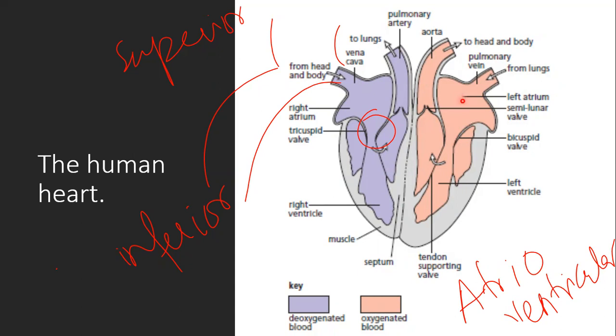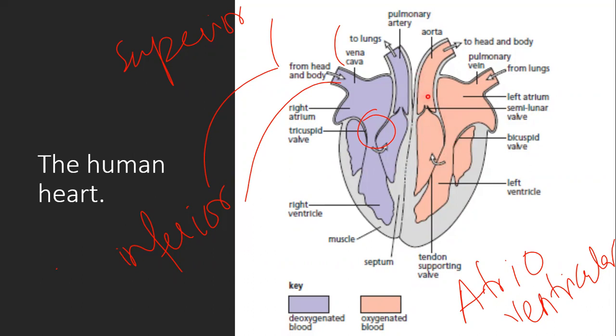When the atrium contracts, the blood can simply pass on to the ventricle. Once the ventricle has the blood inside of it, your atrioventricular valve will close again to prevent the backflow of blood, to make sure that the blood does not flow back into the atrium,